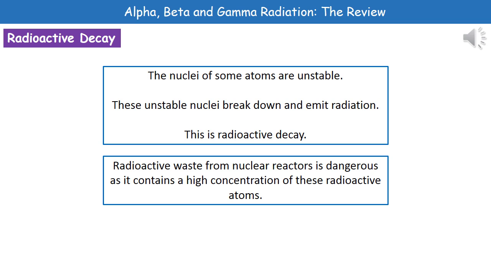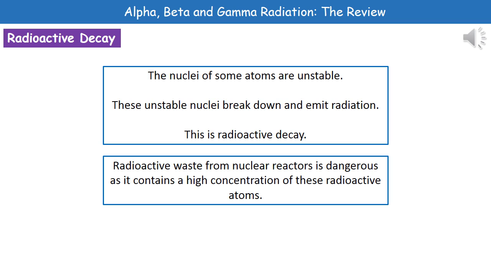Welcome to our review on alpha, beta and gamma radiation. First thing we need to understand then is what we're talking about when we refer to radioactive decay. Now, what we find is that the nuclei of some atoms are unstable. So what then happens is, because they're unstable, those unstable nuclei are going to break down, and as they do